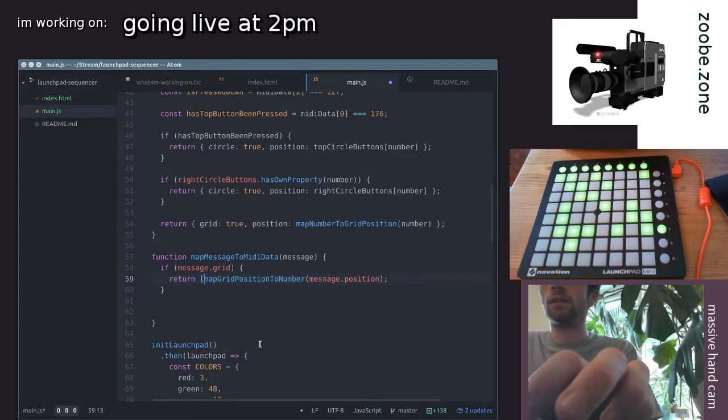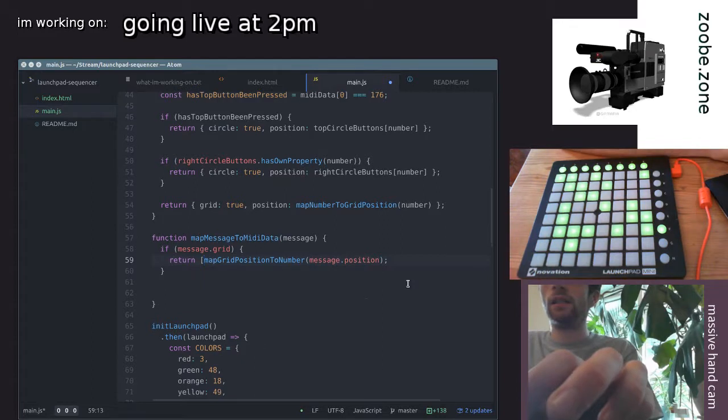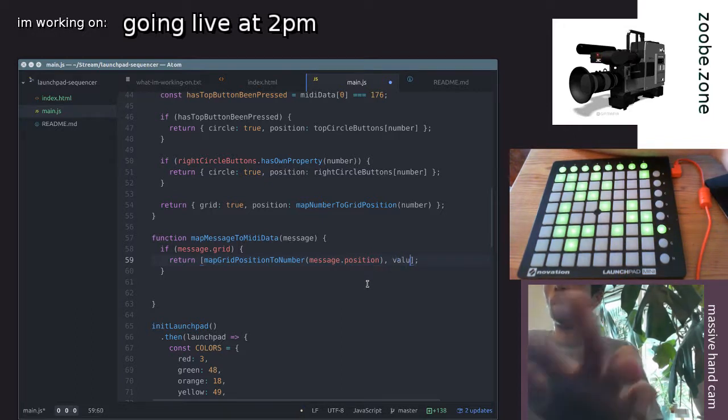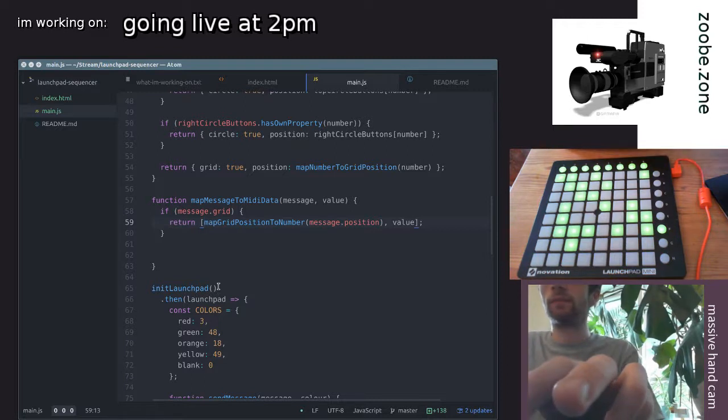So we've got the two things. So we've got the data that we're sending, so like the value, so we have to send that through as well, value, and also